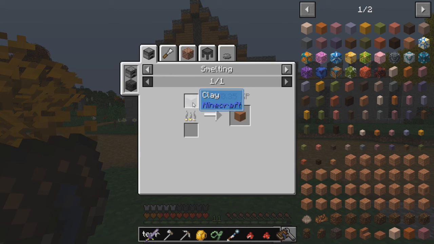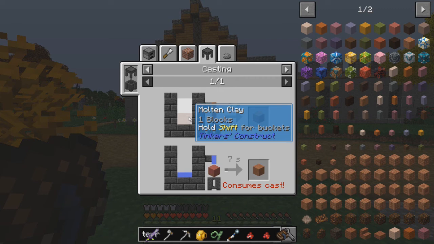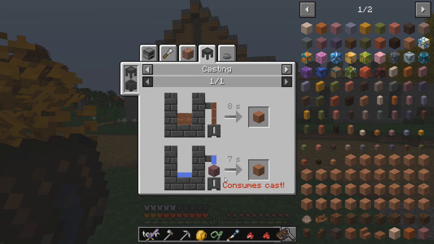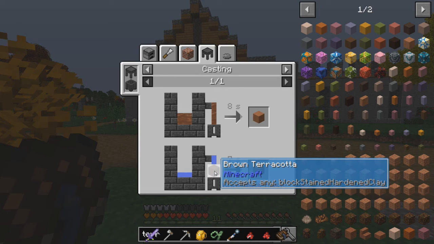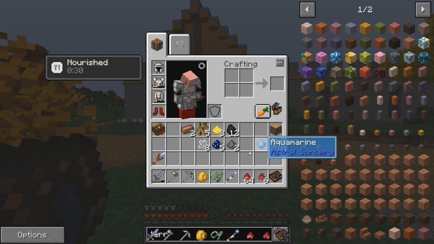Terracotta from a block of clay. Okay, so we can make it. What? Molten clay? Ooh, what's that? Water? Oh, that is really cool. This is something else I wish was in Minecraft, where we have colored blocks, and you could wash away the terracotta. Like, that would make